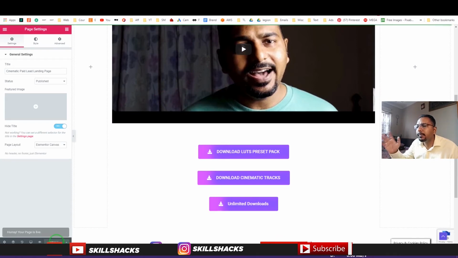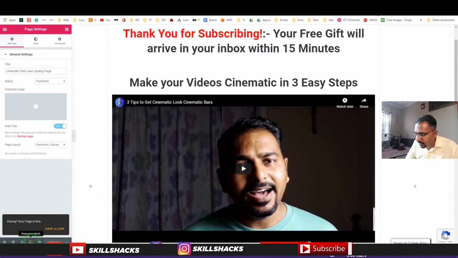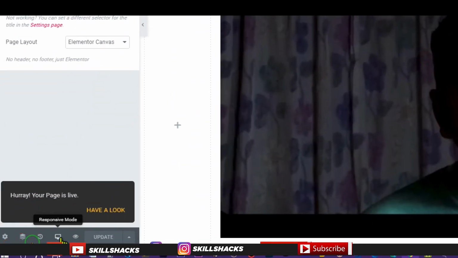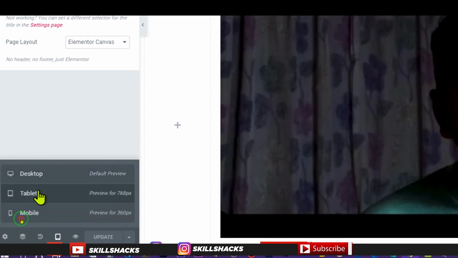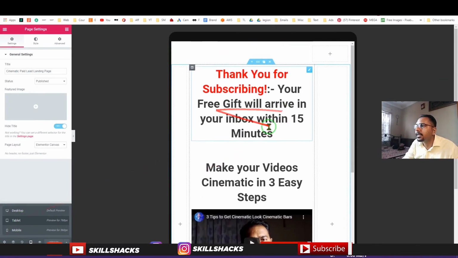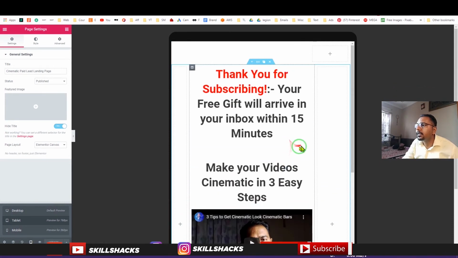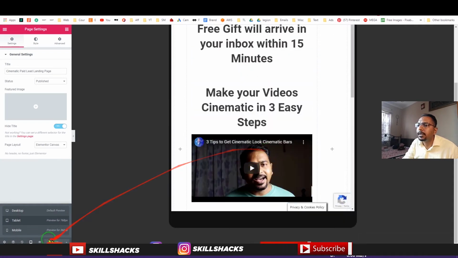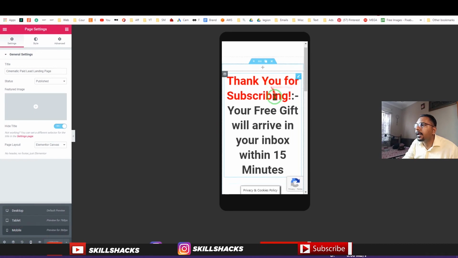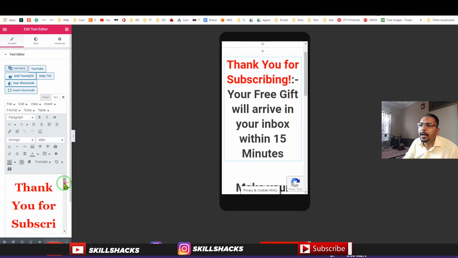You can just publish it later on as well, but before we see, let's first click on these responsive mode, how it's going to look on various devices. So at this moment we are seeing the desktop mode, so let's click on the tablet, and that's going to show us the tablet view. So how it's going to look on the tablet. So I think there is more. Okay, this is fine. All right, this is how it's going to look on the tablet, and let's click on the mobile, and you can see this is way too large, so let's make it smaller.